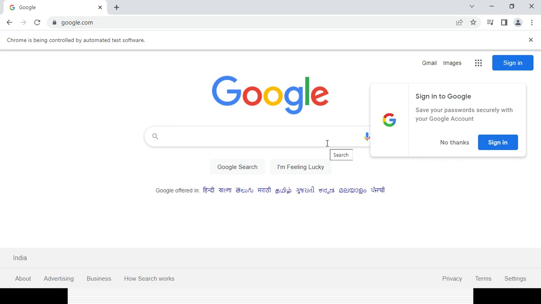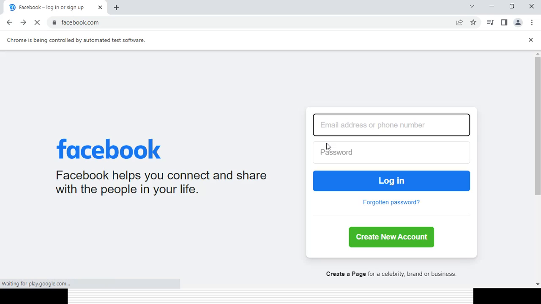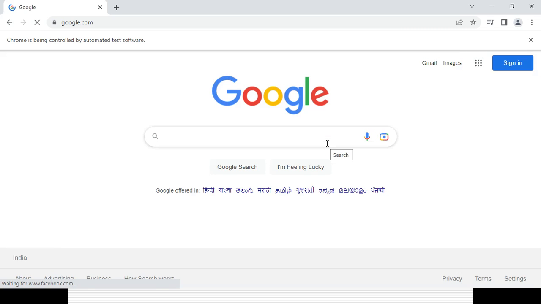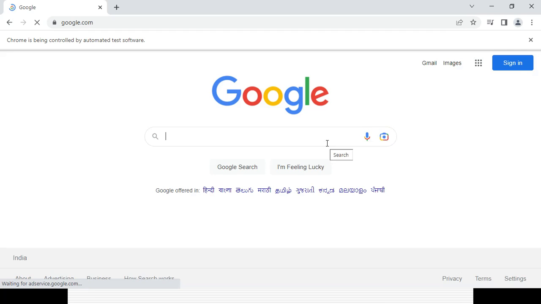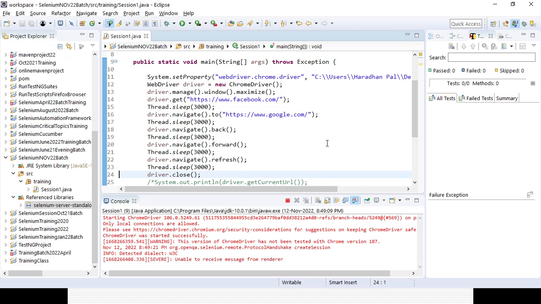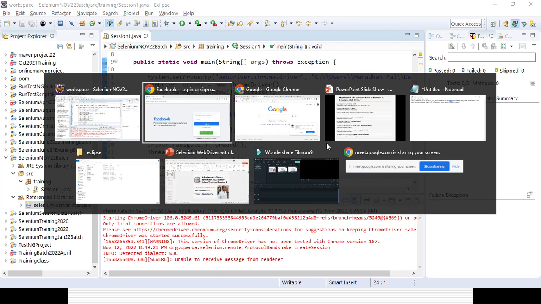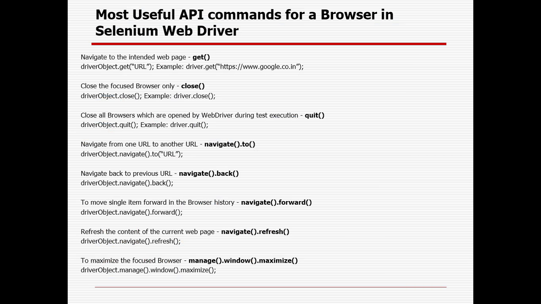You could see your script is working. After the page is fully loaded, it will wait for 3 seconds, it will navigate forward again to the Google page. Then it will wait for 3 seconds, it will try to refresh the page. Driver.navigate.refresh, just simply F5. Then wait for 3 seconds, it will close the browser. Okay, the browser is also getting closed, but no output. So that is the way. These are the different kinds of operations, especially API operations, you can do with the help of Selenium WebDriver.